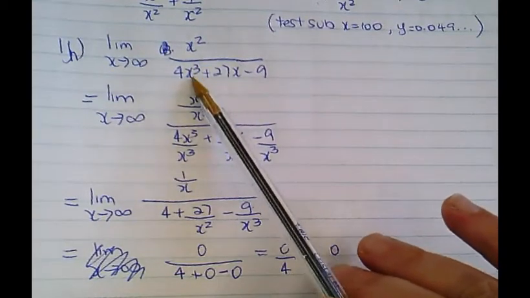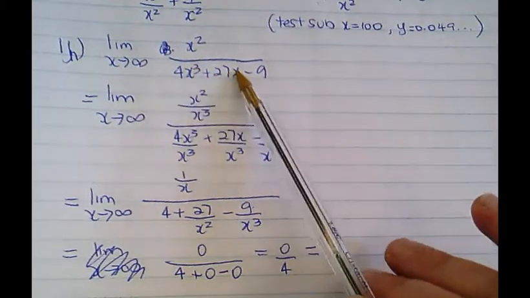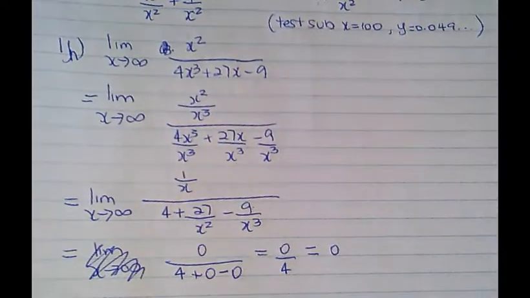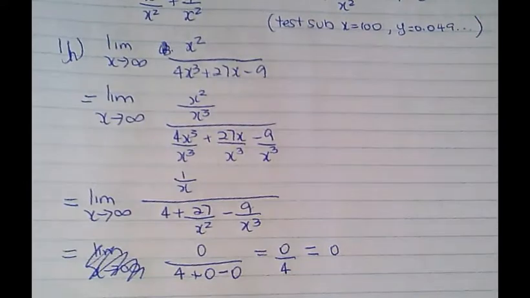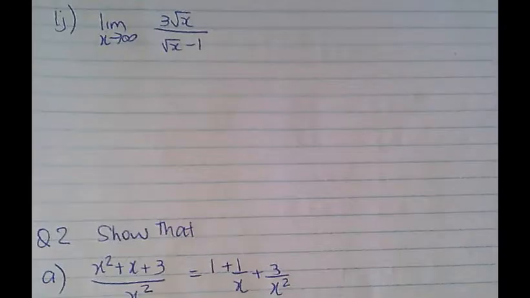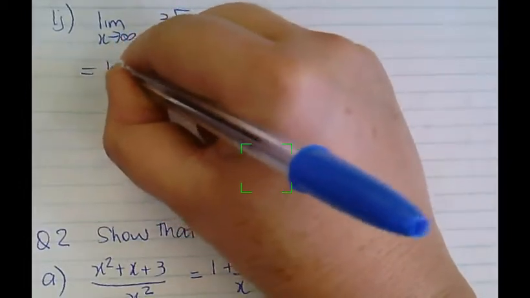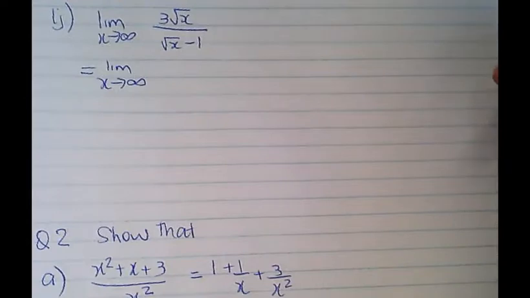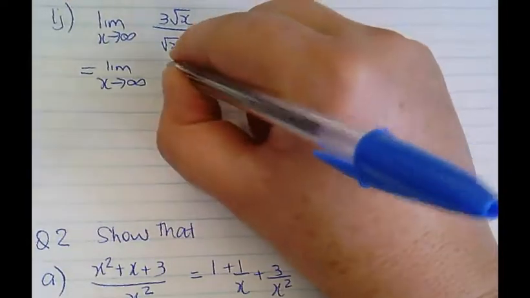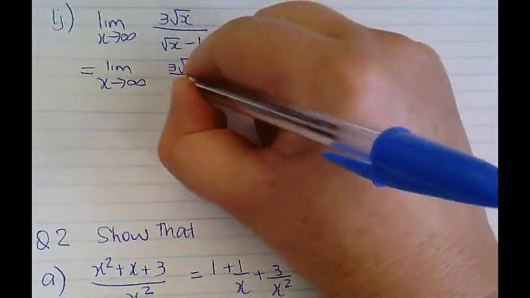As x approaches big positive values, that would be very positive, big positive number minus little 9. That's approaching 0 from above if you were to substitute some values in, big values. 1j, limit as x approaches infinity of 3 root x over root x minus 1. What's the highest power of x? What's the highest power of x? Root x, isn't it? On the denominator. So dividing through by root x,